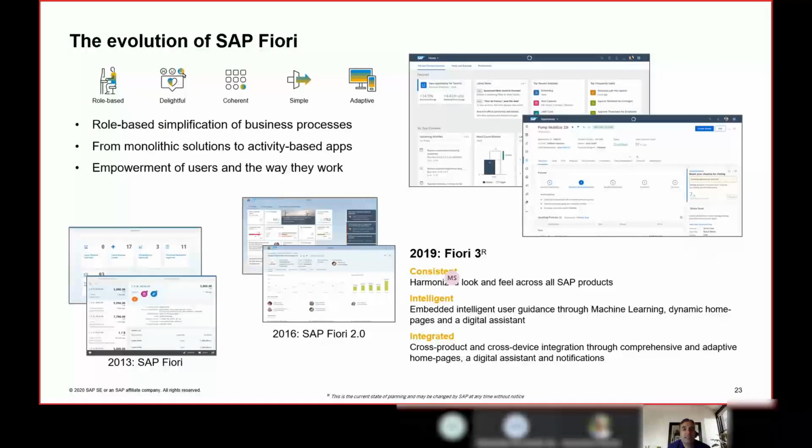Okay, so this we talked about, and we are basically talking about the third generation Fiori over here, where we are saying that there is a harmonized look and feel across all the SAP products, where we are having end-to-end business scenarios. And also we are talking about role-based applications, where role-based dashboards will be there, through which a user can see the applications or transactions, or you can say the business scenarios, which they are going to use. It can be delivered in a dashboard in a role-based manner, like an accountant will have their own accountant-related business scenarios in front of them, and accordingly can execute the business scenarios from there itself.